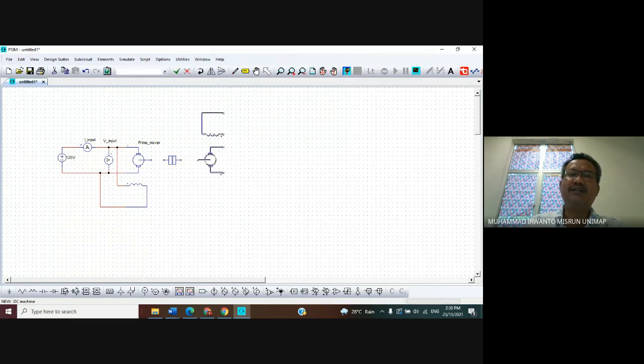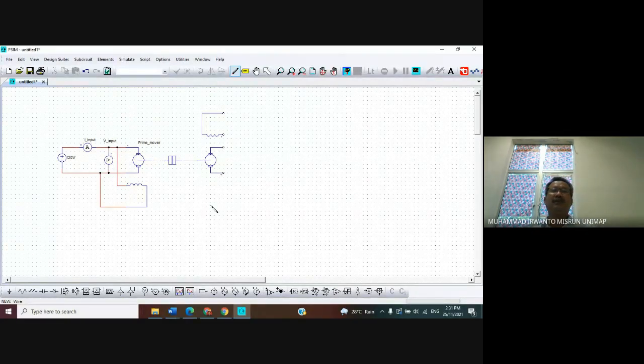Just click. And then we want to cut it. Just click the menu bar, select. Okay, this one. Now we want to connect the rotor of the motor to the rotor of the generator by using this mechanical coupling block. Okay, it is easy. By using the wire, by clicking the menu bar wire, and then connect here to here and here to here.